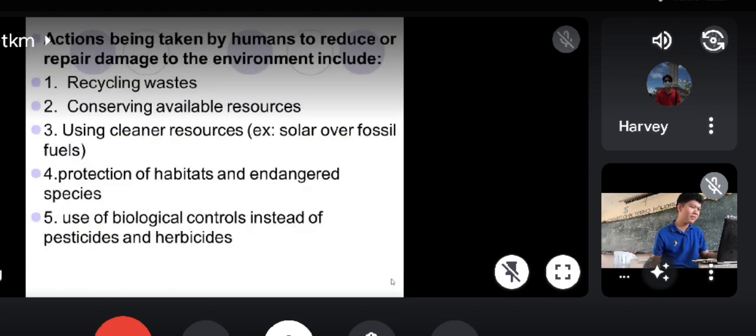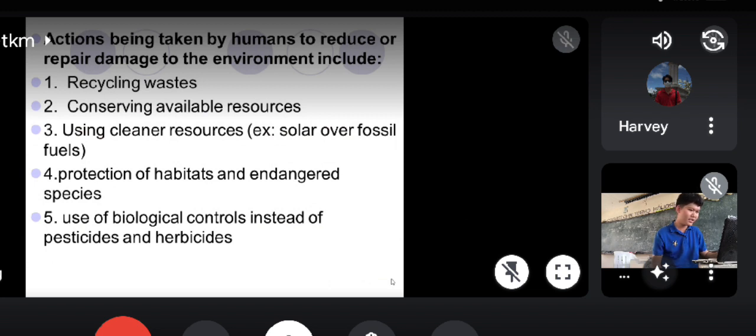Actions being taken by humans to reduce or repair damage to the environment include: first, recycling waste; second, conserving available resources; third, using cleaner resources. Examples are solar over fossil fuels. Fourth, protection of habitats and endangered species. Fifth, use of biological controls instead of